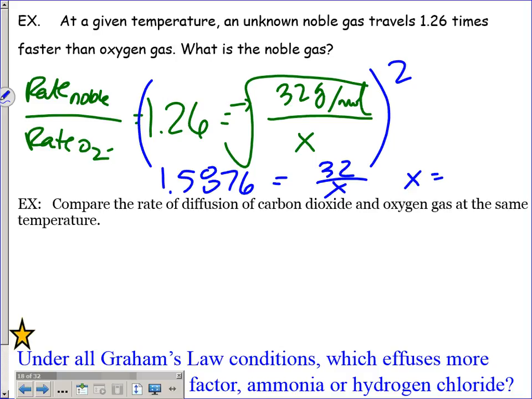Did you do that calculation? Did you do 1.26 squared? Okay. So what's X? 20.16 grams per mole. Don't forget your units. What noble gas is that? Neon. Okay. So these would be easy questions, I think, to get right in terms of multiple choice mathematics and